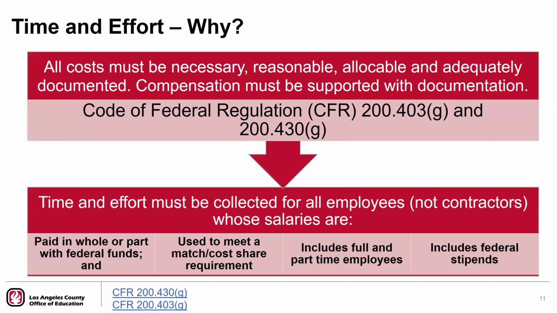So let's take a closer look at the part of the Code of Federal Regulations. Remember from day 1 of our workshop that all costs must be necessary, reasonable, allocable, and adequately documented with compensation supported by proper documentation as required by the CFR 200.403(g) and 200.430(g). Time and effort reporting is required for all employees, not contractors, whose salaries are either fully or partially funded